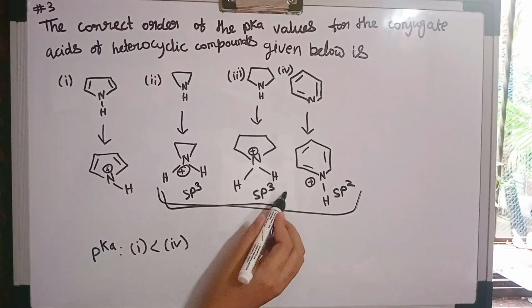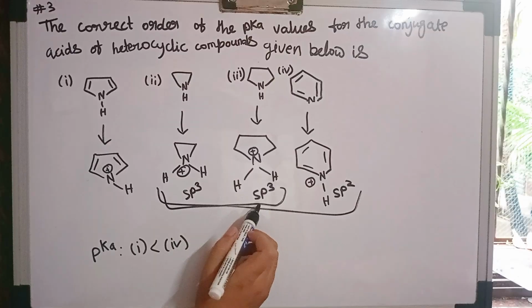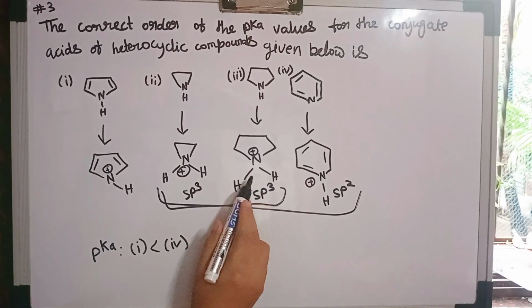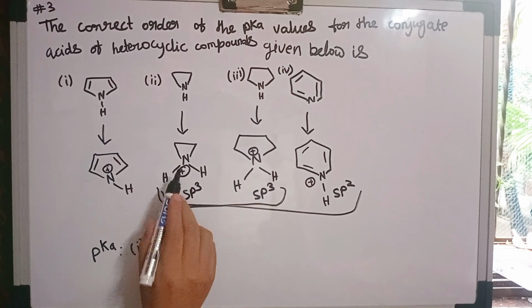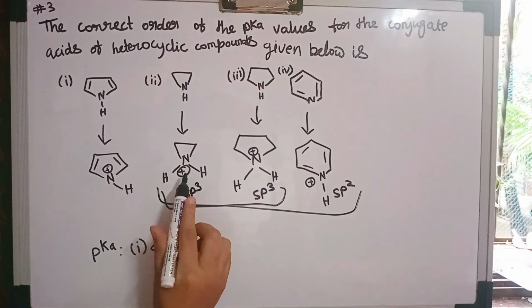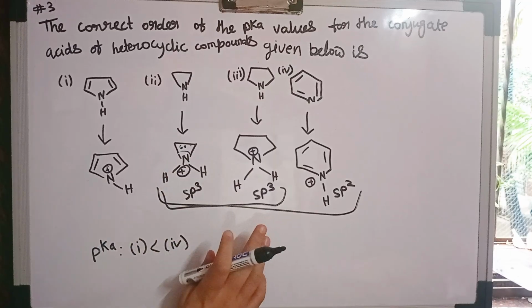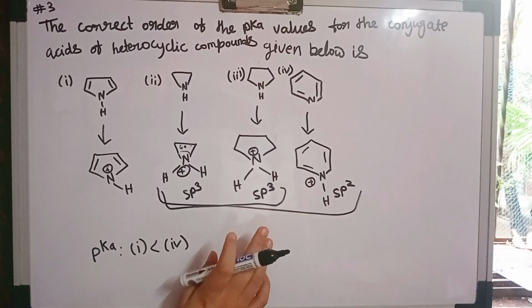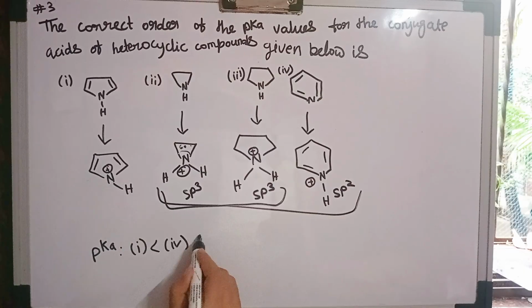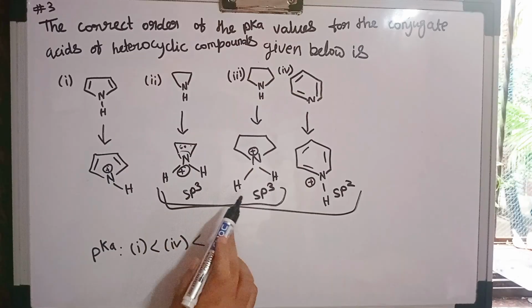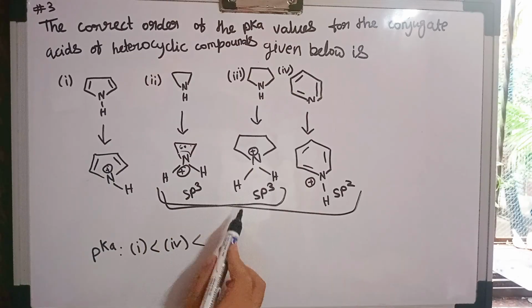Now between these two, you can see that this structure is very stable. So it is going to keep this proton to itself without any problems as compared to this one, because this nitrogen is sp3 hybridized, but because of all the bonding, it has only an angle of 60 degrees inside the ring. So it has a lot of strain. To relieve its strain, it is going to give away this proton very easily. So this is also going to have a pKa value lower than this one. So we have our second option here.